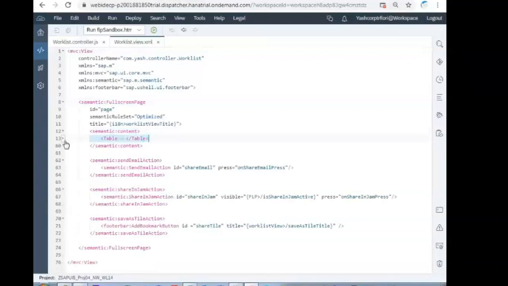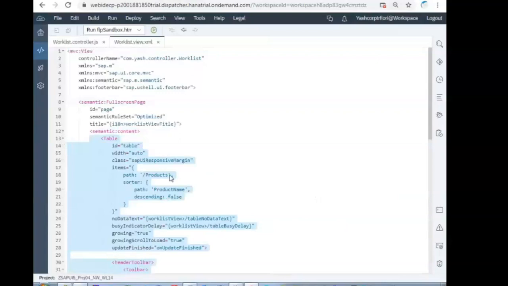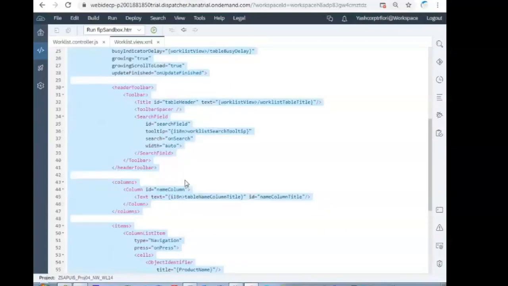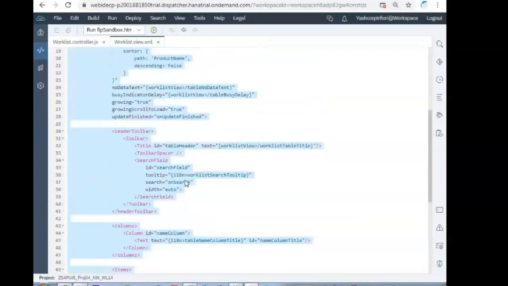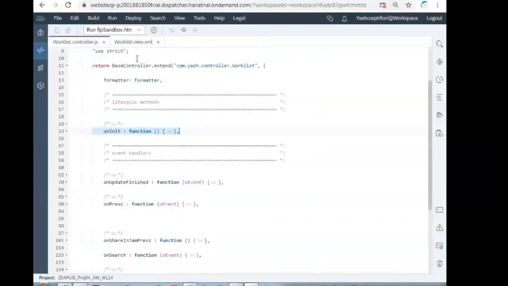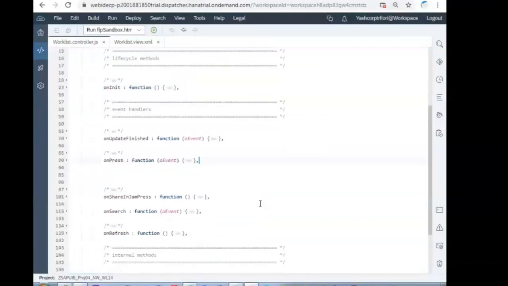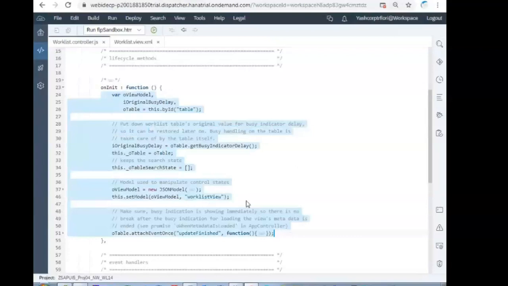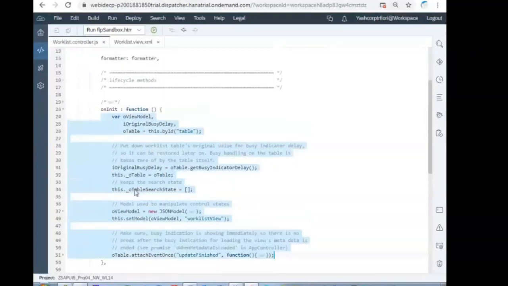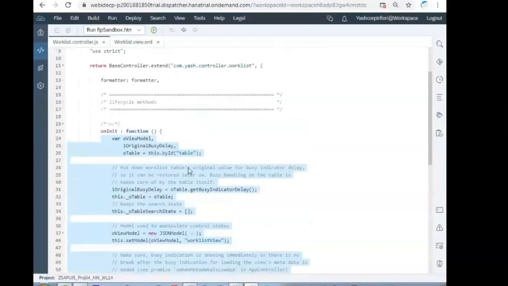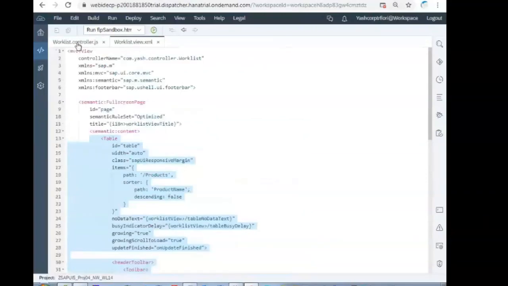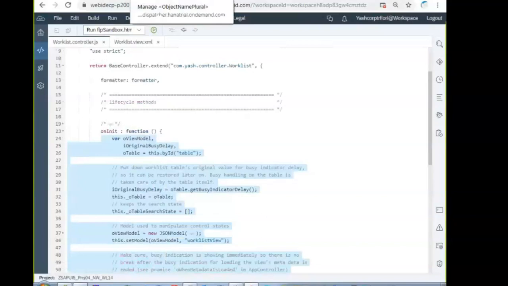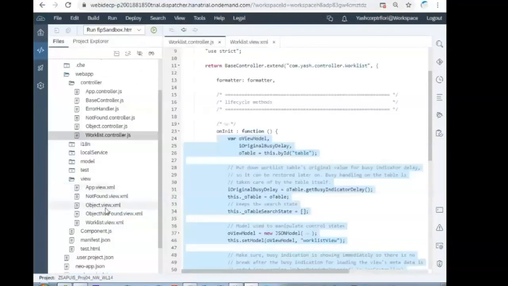The framework has provided the table control, which you already have knowledge of. And the onInit is all handled by the framework. And open the object.view.xml.